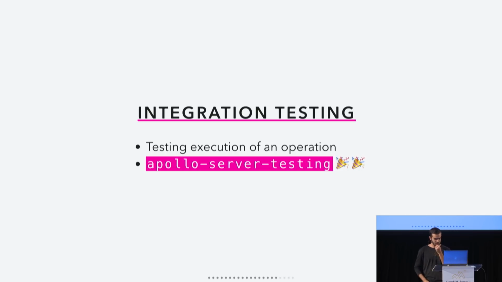The next part of this, which is something that's new that I've been working on for quite a while, trying to figure out how people do this right now and how they want to do this, is integration testing. And what I mean by integration testing is testing the execution of an operation, not testing Express's HTTP semantic logic or anything like that. I'm saying, given an operation, does it run through all the resolvers properly? Does one resolver pass the correct information to the next one, all the way down the chain? And is the response somewhat regular like we expect to see?